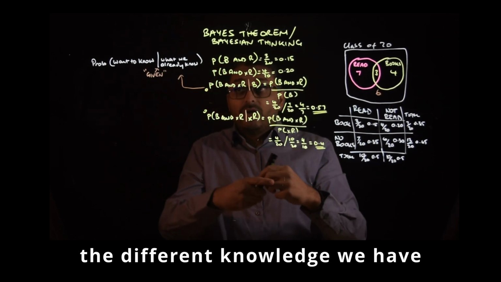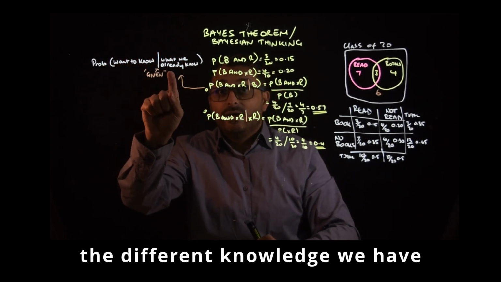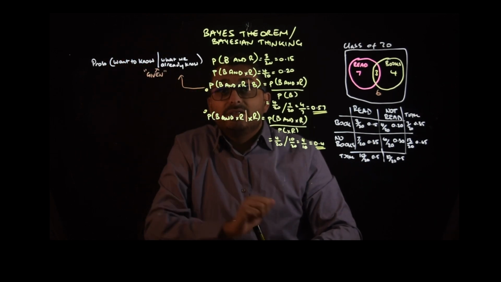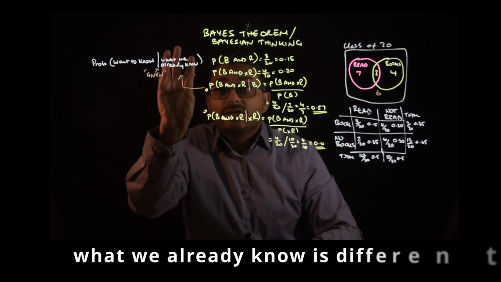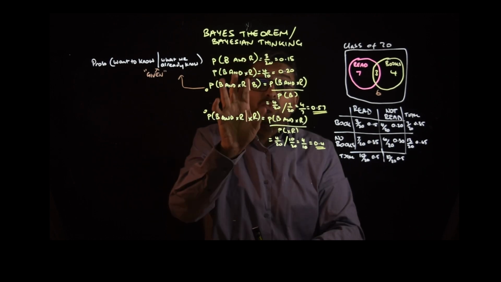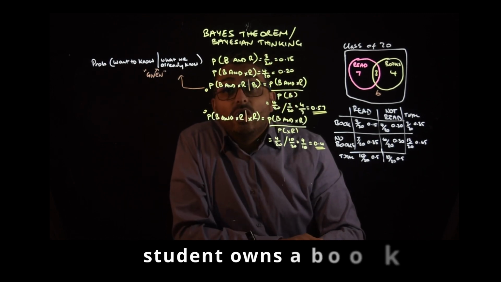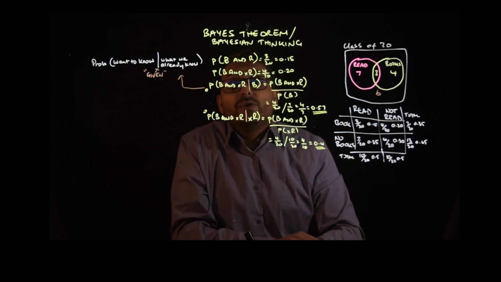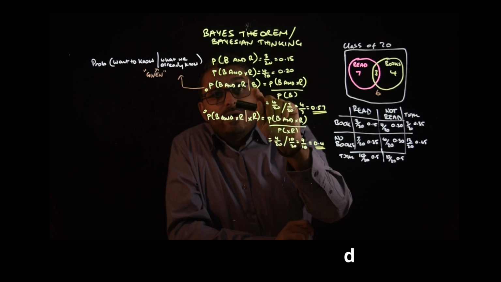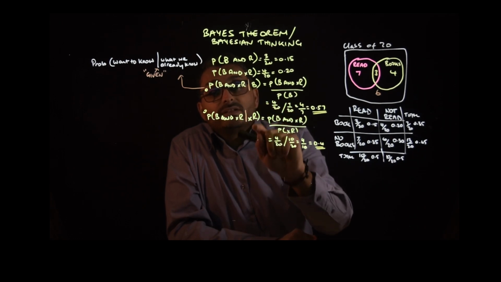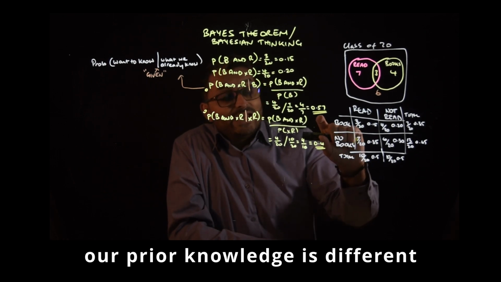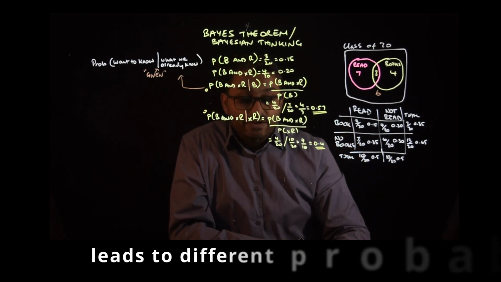In other words, going back to this generic statement, what we want to know is the same, but what we already know is different: in one scenario, we know that the student owns a book, and in the other, we know that the student doesn't read. So our evidence, or our prior knowledge of what we already know, is different,